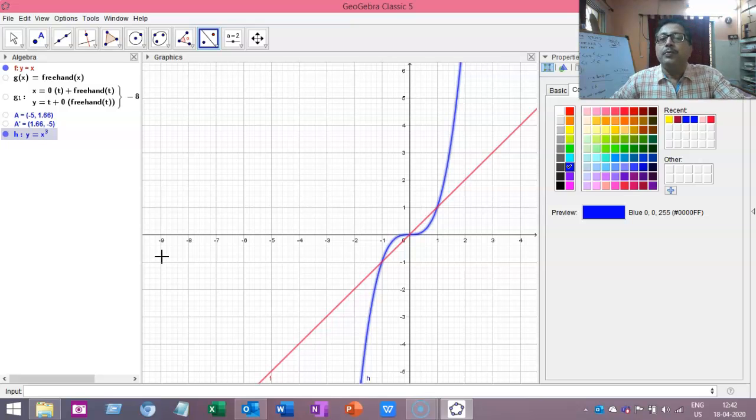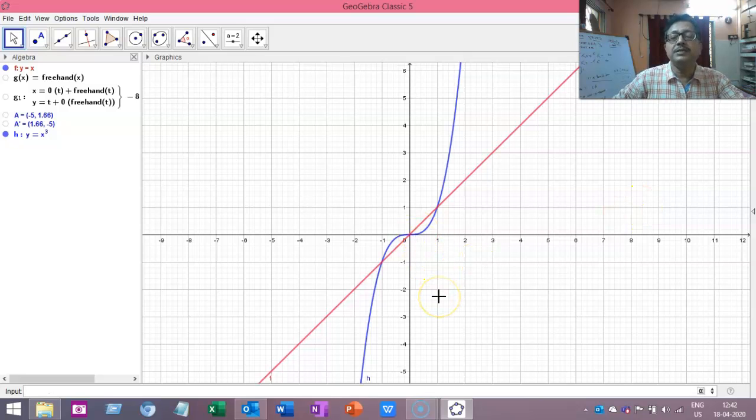Now, what will happen? The reflection of this curve, or inverse of this, all of you know. You will say, sir, you take the cube root of both sides, x will be cube root of y, so the inverse function is cube root of y. If you write it in terms of f inverse of x, it will be cube root of x. Okay. So I can show you two different manners: by taking the image on this line, how the curve is coming, and at the same time by plotting the inverse function graph, how this one comes.